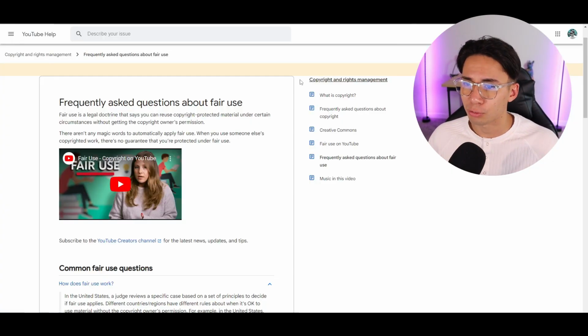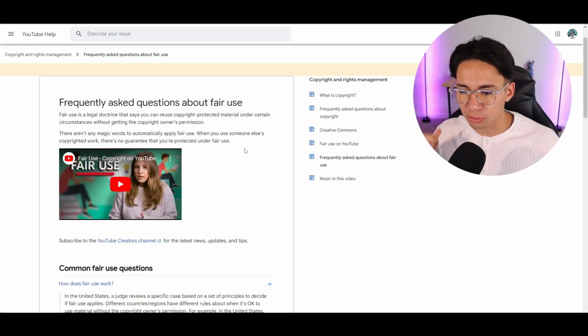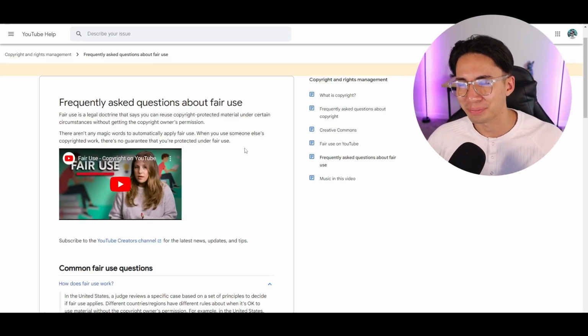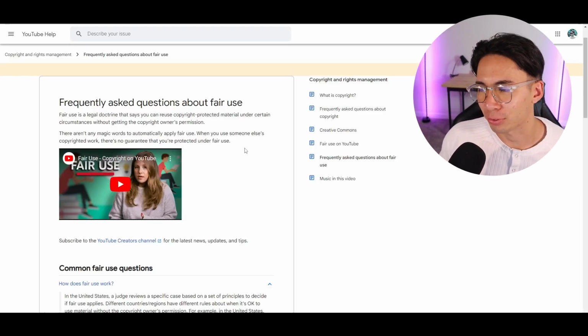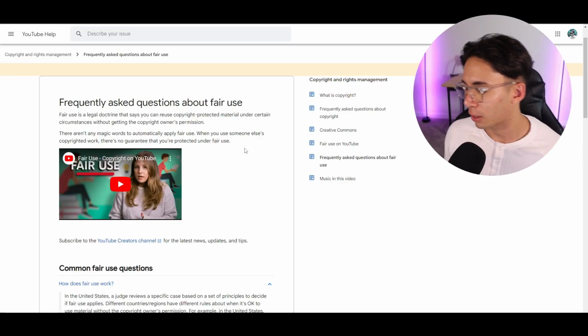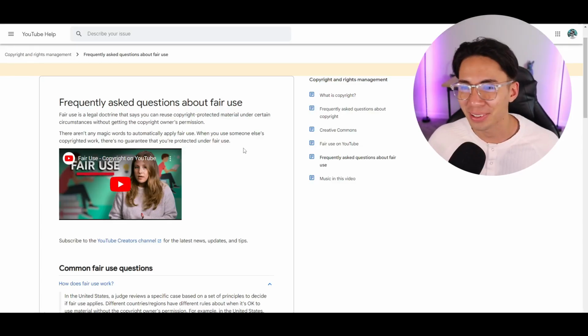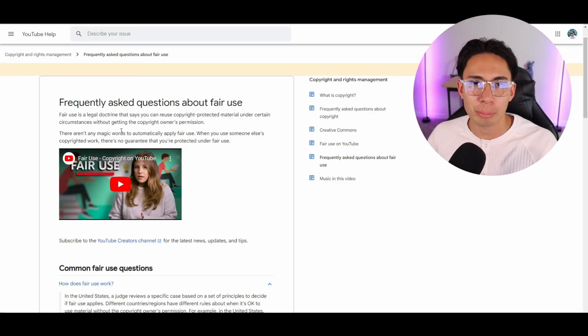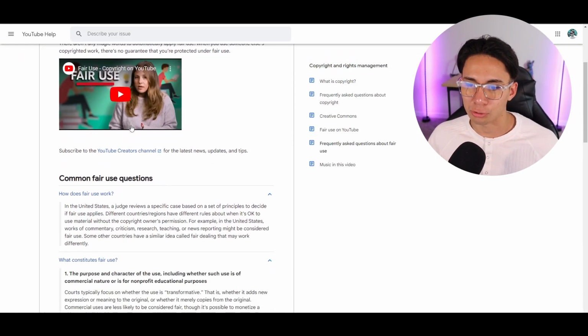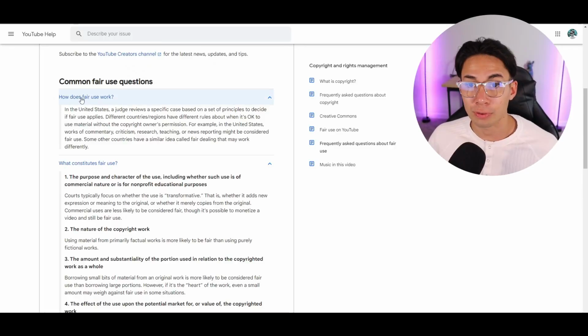But we do have some more stuff about fair use. This is from YouTube help. So this is mainly from YouTube. TikTok is not in it yet. YouTube's ahead of the game. It's been out for over a decade, a very long time. But my point is YouTube now has copyright bots, like we were talking about, to check the videos. TikTok doesn't have that yet, so you need to make sure that you're following fair use.